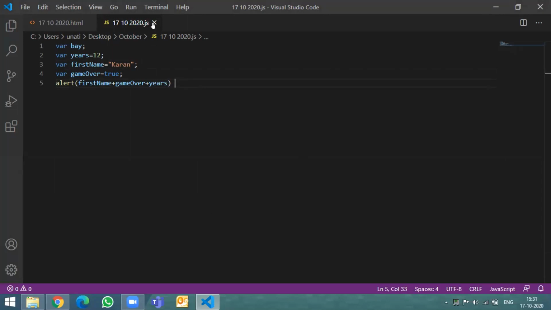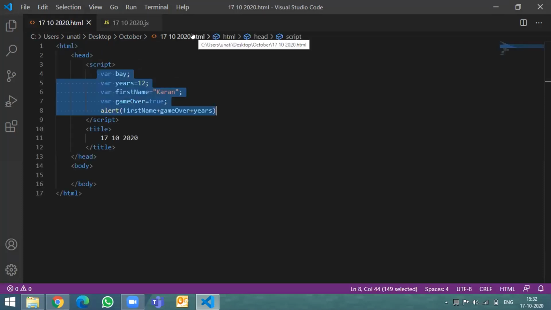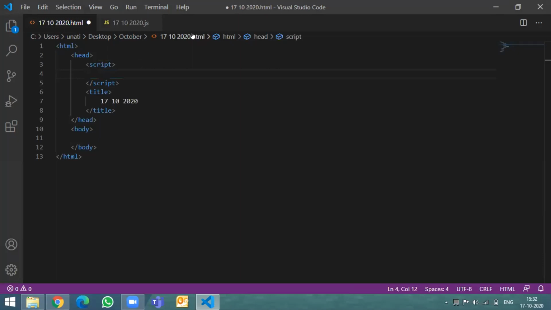Okay, very good. So far, to reiterate, we are taking the JavaScript code out of the HTML file and putting it into a new file. Still, we have to go back and link the HTML file with this JS file. That linkage is not done. To do that, let's go back to the HTML file. After script, put a space within the first script tag.